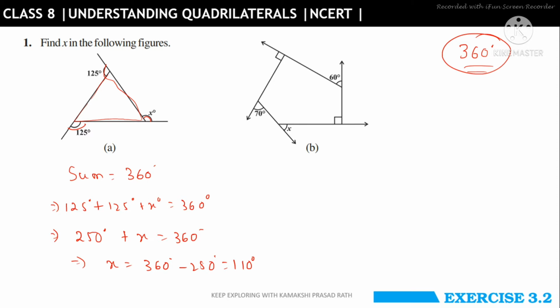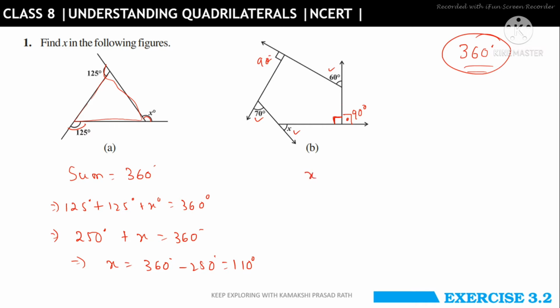So remember, the sum of the exterior angles of any polygon is always 360 degrees. The same thing for the next figure also. As you can see here, you have exterior angles 1, 2, 3, 4, but this one is missing, so you have to find the missing one first. As we see, this is a perpendicular line. The symbol represents 90 degrees. So if this is 90, the other part will also be 90 degrees. And this symbol also represents 90, so we will just add them.